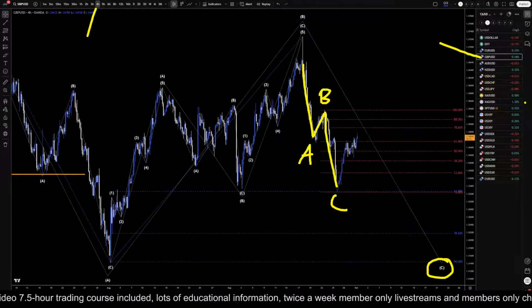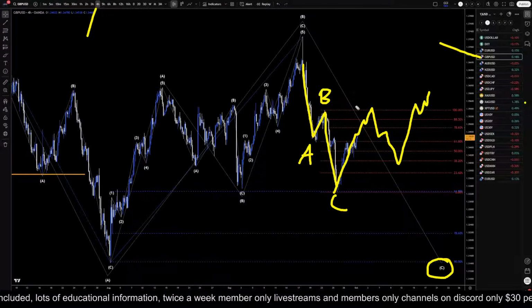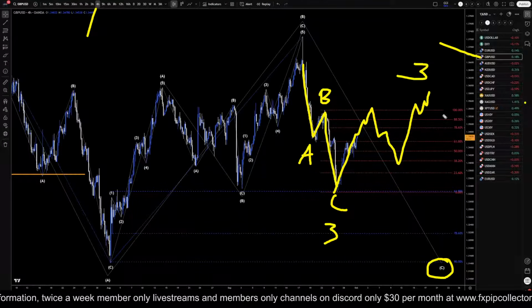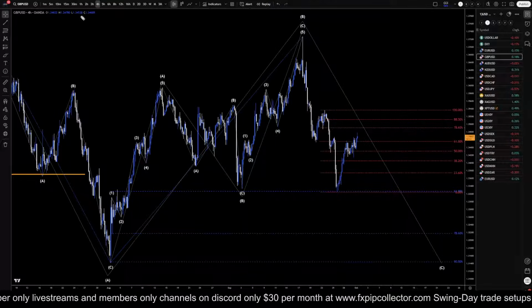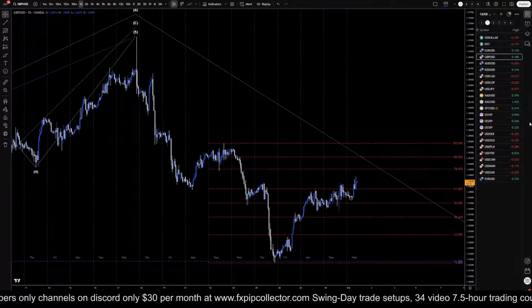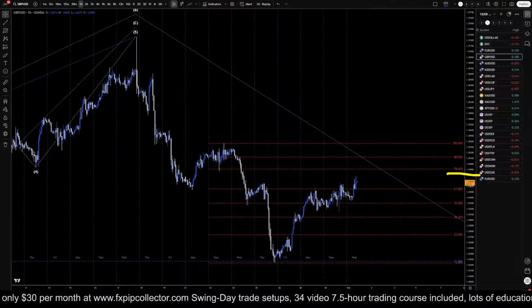highs, higher lows on the 4 hour, or possibly it could turn into another three wave pattern, like another ABC pattern forming, three waves down, three waves up, and then three waves down again, or possibly five waves down again. So taking it down to the 1 hour time frame, I think we need to be looking for longs. Now, if it bounces from a fib level and breaks structure to the downside, you could definitely become bearish